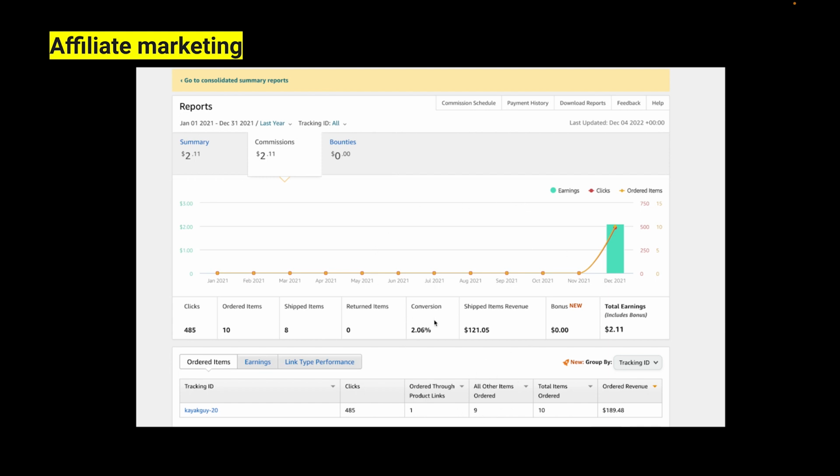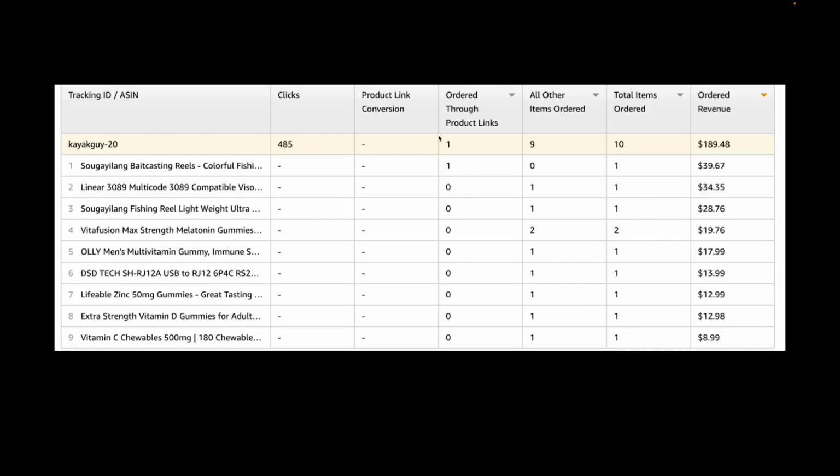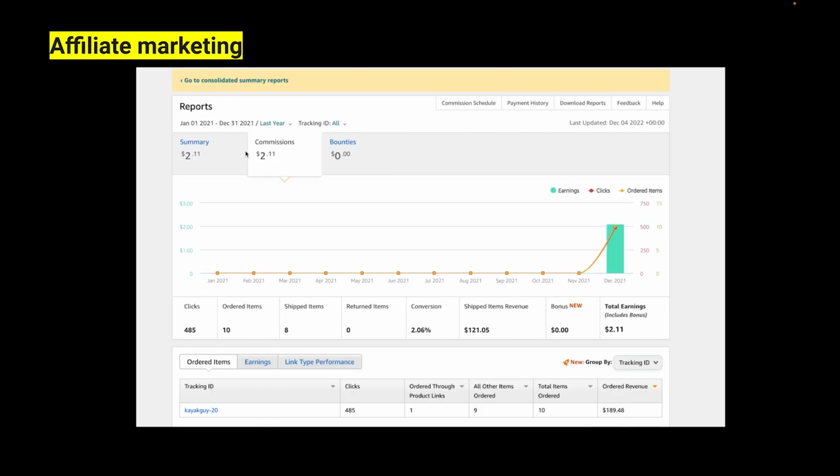Now, what's cool about this is that even though one person buys something on your link, if they add other things in their shopping cart, your link, like your promo code link, is still active. So if they buy all these medicines like this person did, which came out to almost $200, you still get a commission for that. But that's horrible, so don't do this affiliate marketing. But it was a fun example.